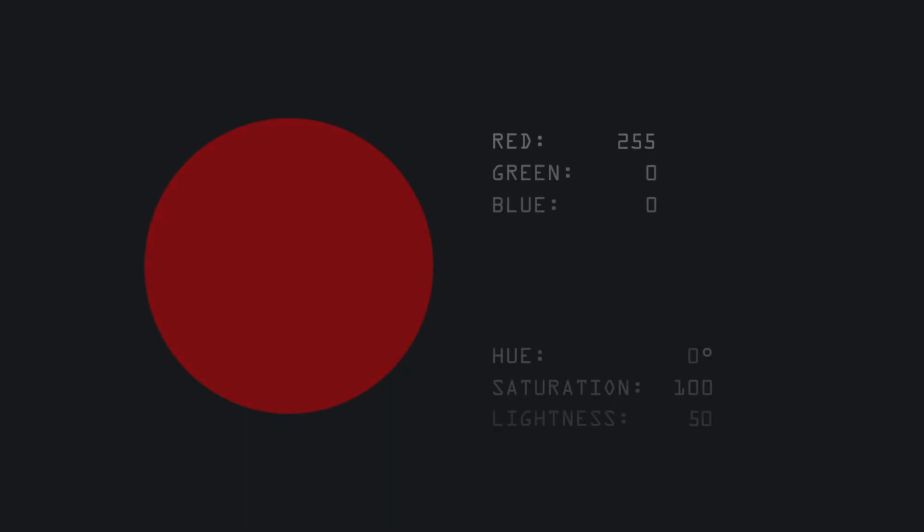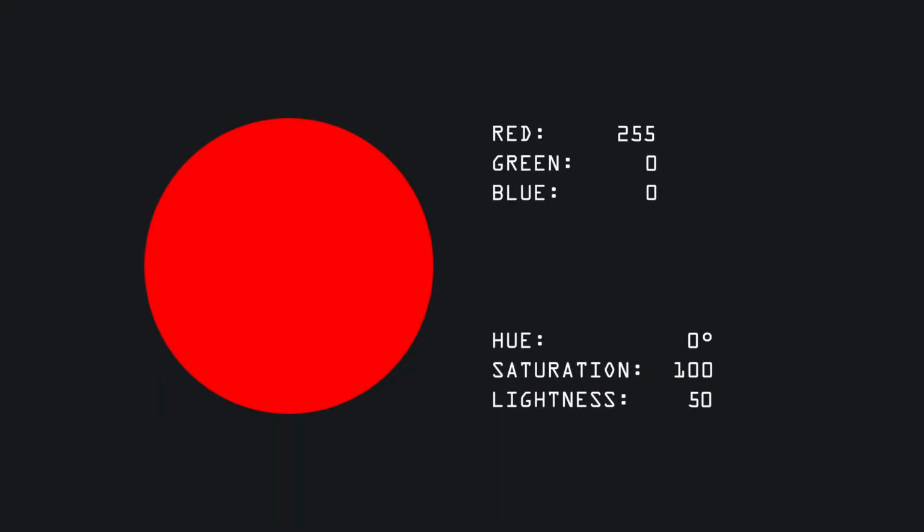To figure that out, let's look at what a change in lightness in the HSL color space does to the same color in RGB. If we bring down the lightness of a pure red shade by 10 points, from 50 to 40, we can see that the equivalent RGB, which started at 255 red, 0 green and 0 blue, goes down to 204 red, still 0 green and 0 blue.